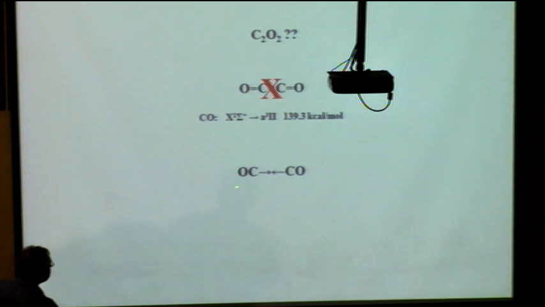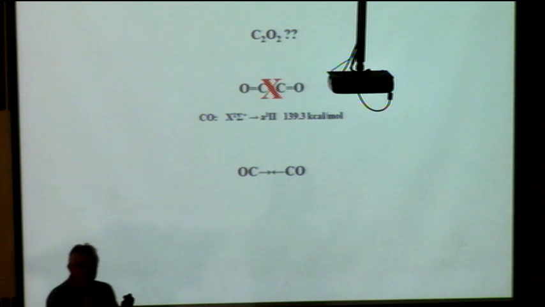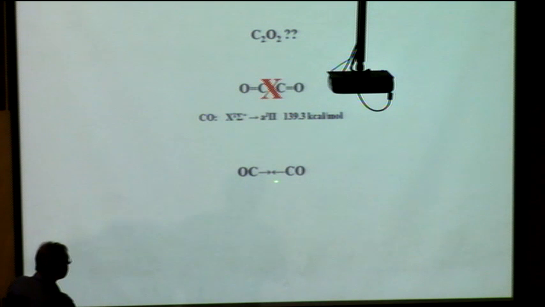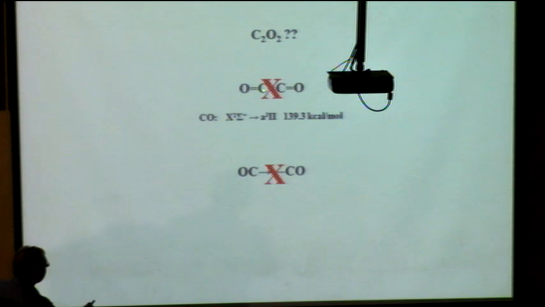In order to get a donor acceptor bond, you need a donor and an acceptor. There is no vacant sigma orbital here at all, so it cannot form donor acceptor bonds. The electron sharing bonds are energetically unlikely, or not possible, because the energy is too high. In other words, C2O2 in this linear structure does not exist.